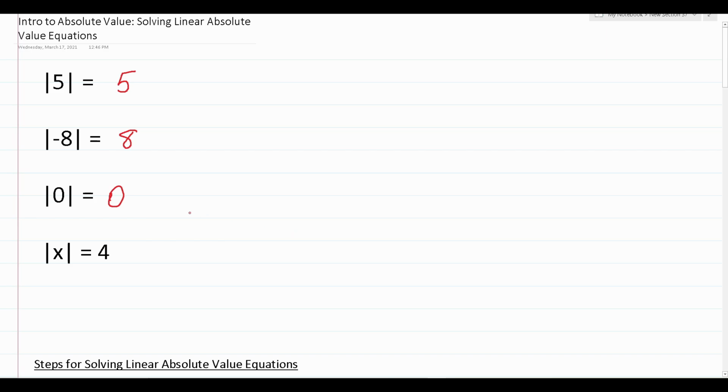Now, what happens when we replace integers such as 5, -8, and 0 with a variable? Well, as you can imagine, things get a little more complicated, and the absolute value of x equaling 4 actually has two solutions now. x can be 4, and if you plug in 4 for x, you can see that makes a true statement. Again, the absolute value of 4 does in fact equal 4, or x can also be -4. And if you plug in -4 for x, you can see the absolute value of -4 does in fact